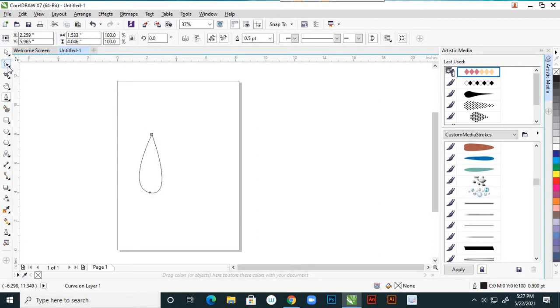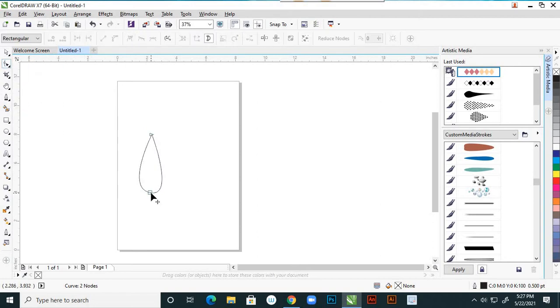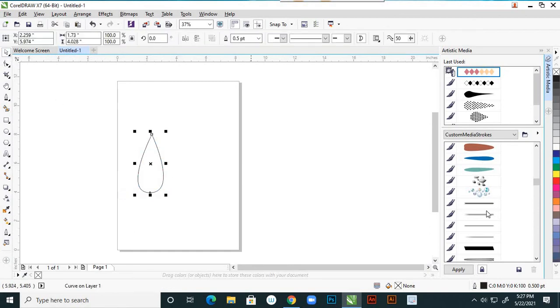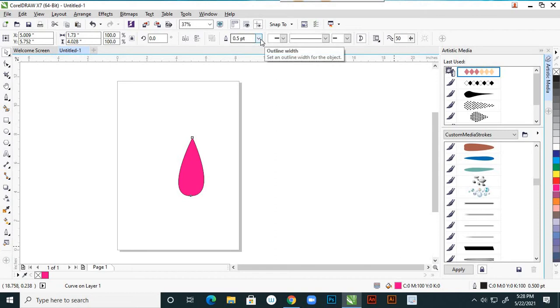And with the shape selection tool, properly adjust this, because both sides should be the same. And give any color. Suppose I am giving this color, and if you want you can delete this outline also. There is a cross symbol, you can right click, or otherwise here it is showing the outline width, so click on that, none.